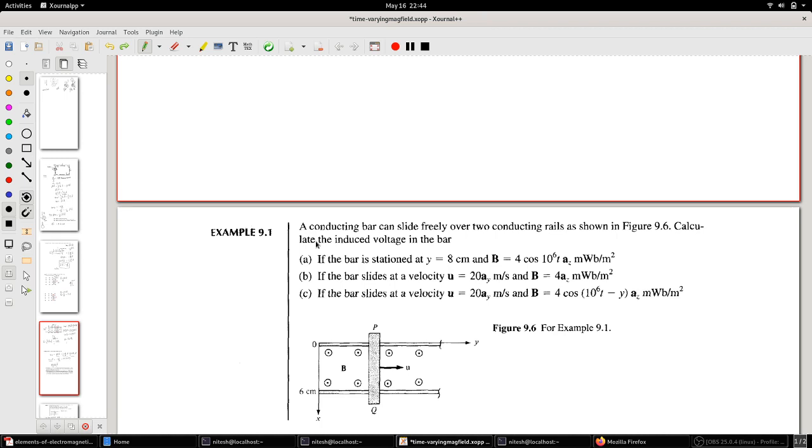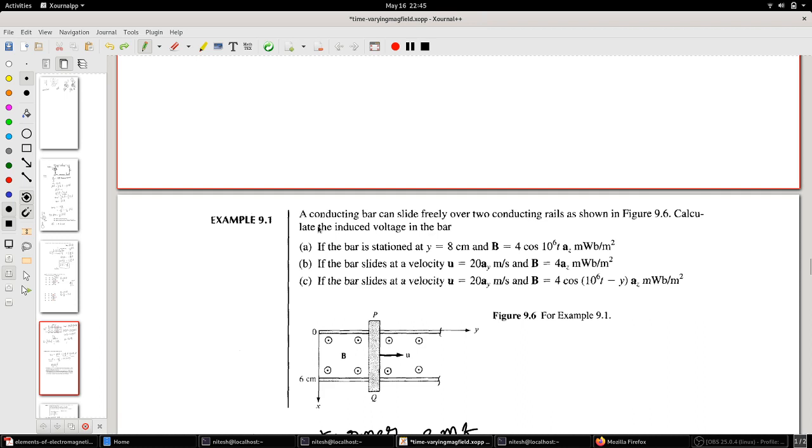So there are two ways of approaching the problem. You either follow Lenz's law, which tells you that the field produced by the induced current always opposes the change in flux, the rate of change of flux. Okay, so that is one rule. Or you could follow the U cross B convention. We'll follow both. I'll solve the problems using U cross B and then explain using Lenz's law how it makes sense.